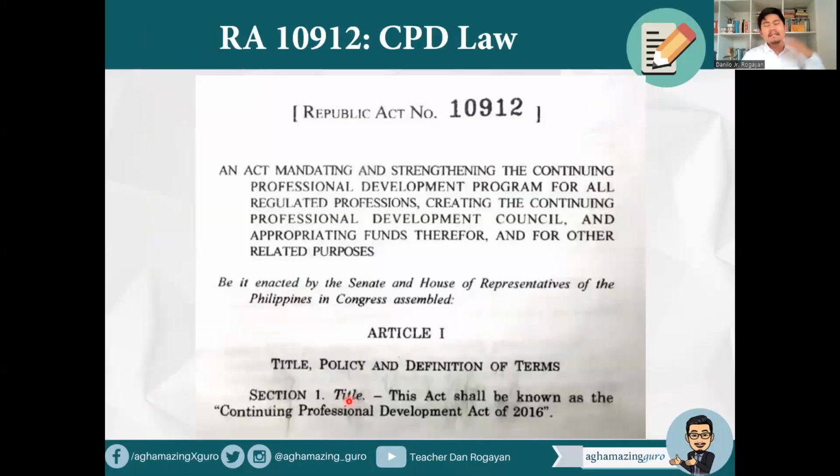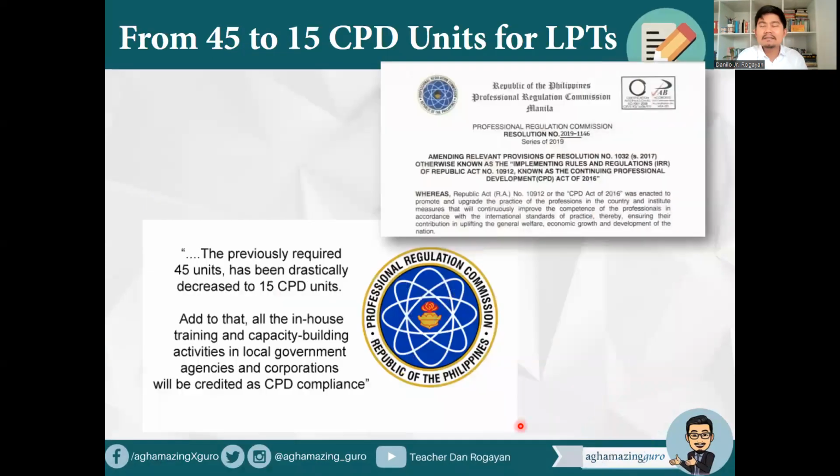So, of course, I'd like to mention that CPD is actually regulated under Republic Act 10912, no? Which of course has a short title CPD Act of 2016 or Continuing Professional Development Act of 2016. So pag tinanong sa board exam kung anong RA ang CPD law, of course that is RA 10912. Okay? Ang tanong, ilang units, no, ng CPD ang kailangang ma-garner o ma-obtain ng isang licensed professional teacher before he or she can renew her license? Ang sagot ay 15 CPD units.